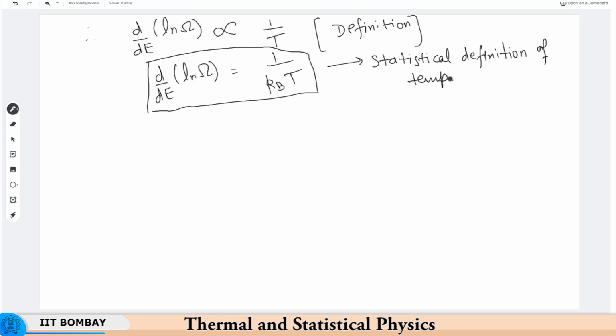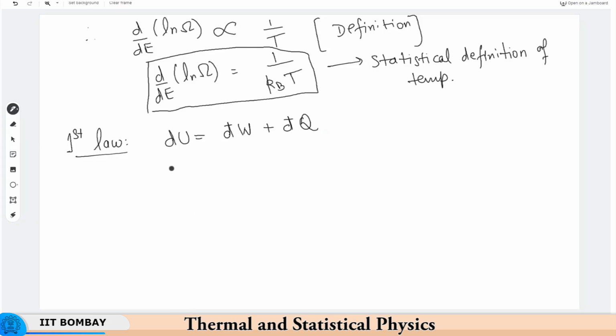All right. So our next aim basically is to express entropy in terms of this newly defined quantity, which is the number of microstates. Okay. So let us do that. Let us revisit the first law. So what is the statement of the first law? That is, the change in internal energy is equal to the work done on the system or by the system, and the heat given to the system or released from the system. All right.